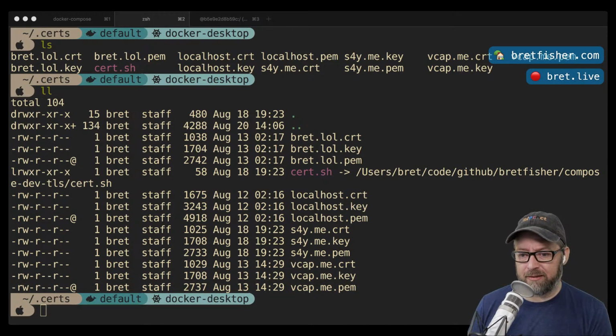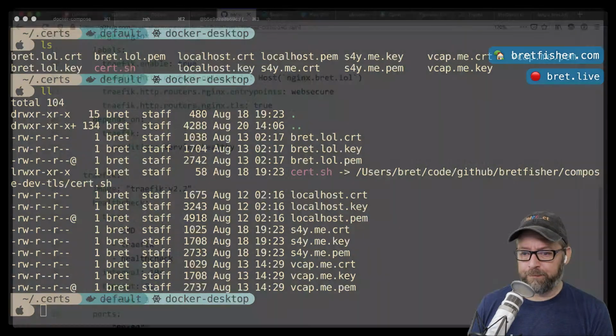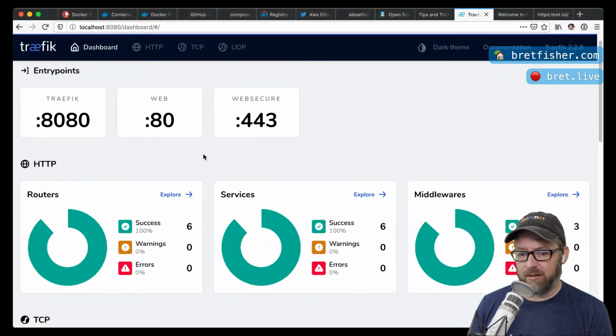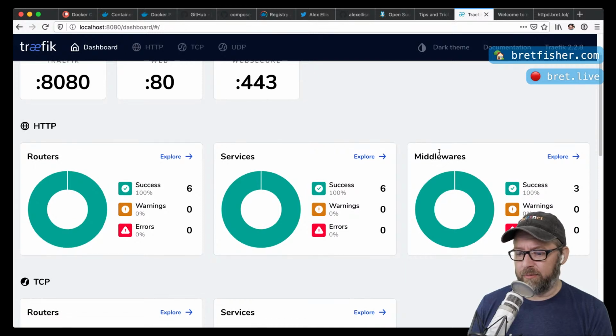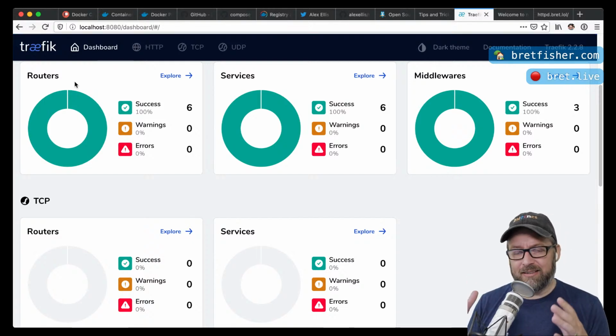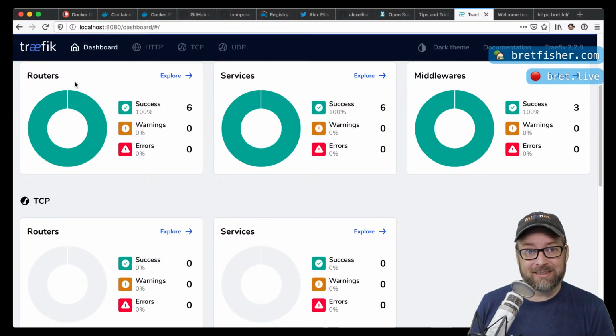When you go look at the dashboard on Traefik, you see routers, services, middlewares, right? Services are sort of the back-end things you're sending traffic to. Routers are the things. Middlewares are like fancy stuff that you can do all sorts of stuff with. In the middle, it's sort of like the mixing bowl. You don't have to have middlewares.